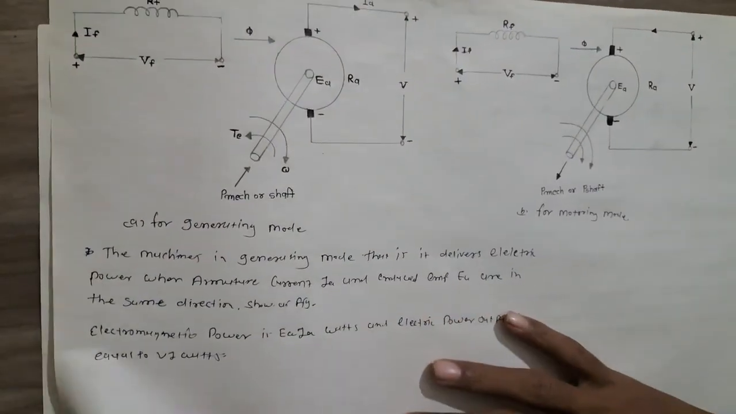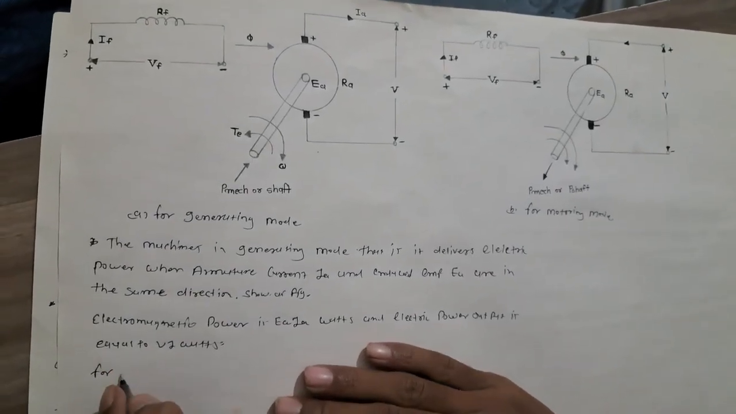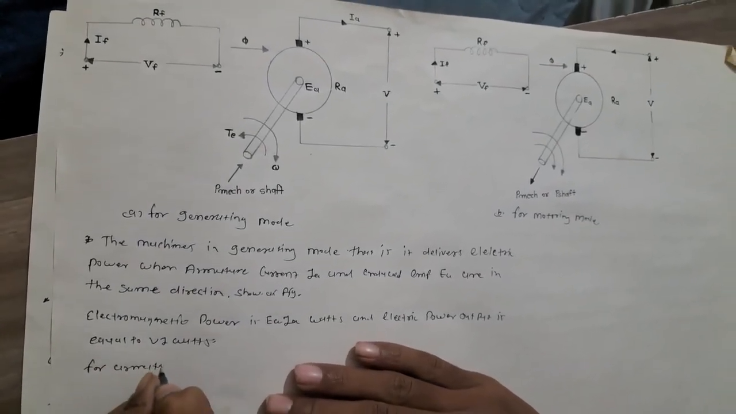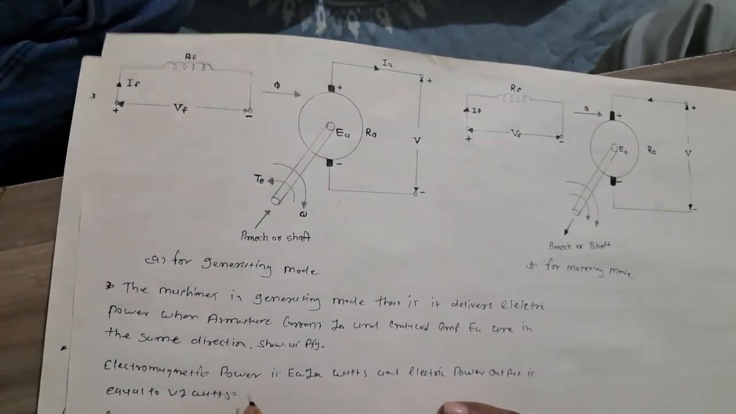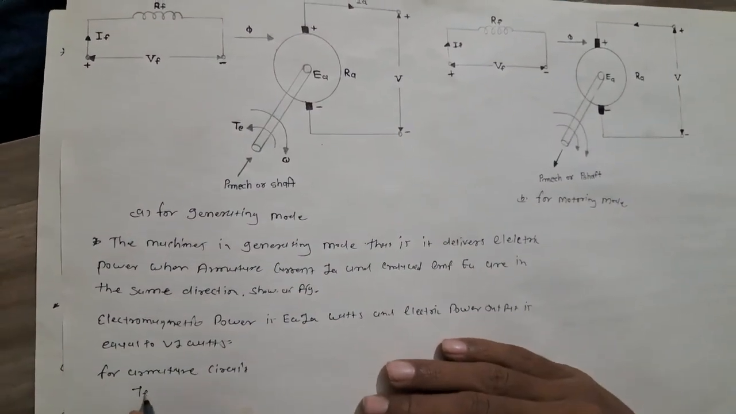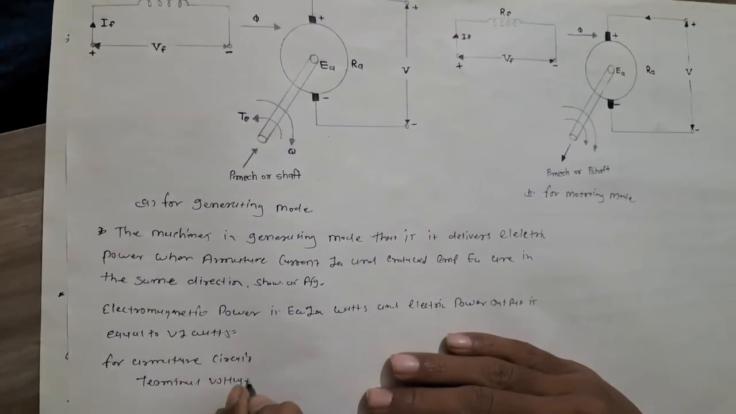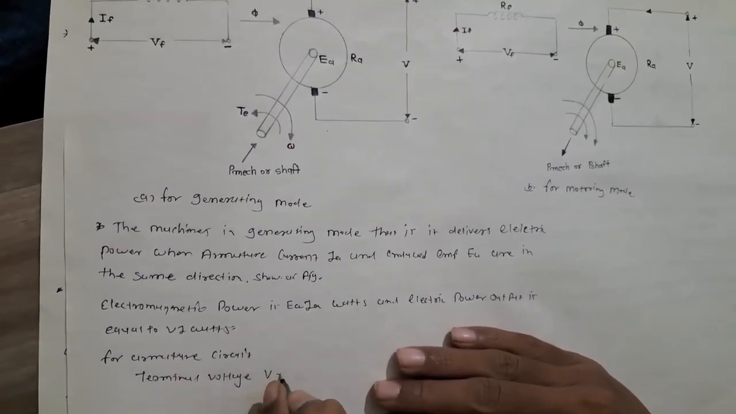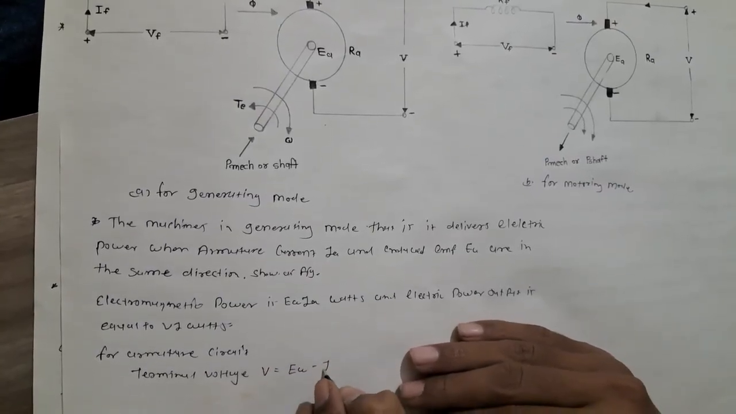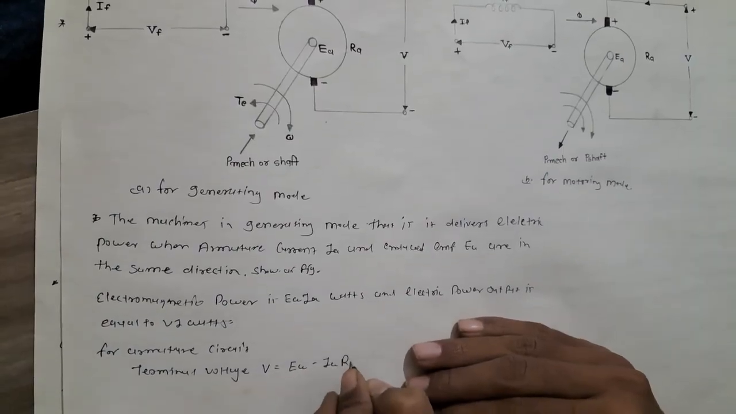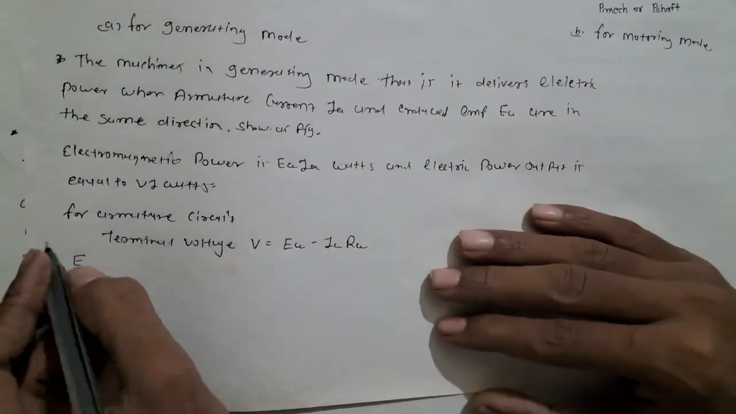So for the armature circuit, the terminal voltage V is equal to EA minus IA RA. Okay, and the electric power output is